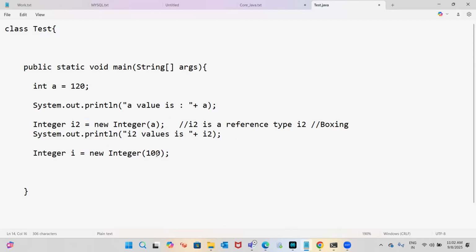So this is I only. There is no I variable we declared, right? Now Integer I equals new Integer(100). And now int b equals I dot